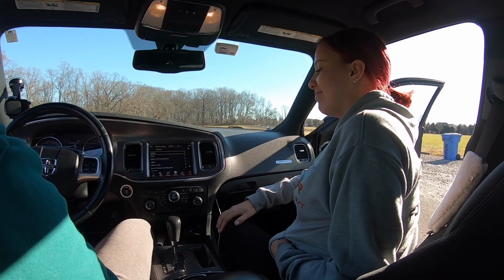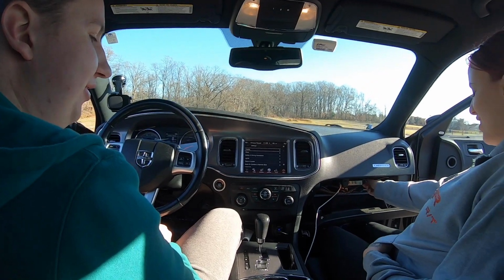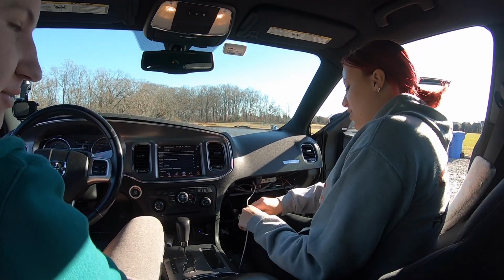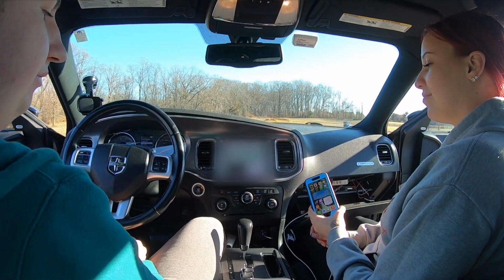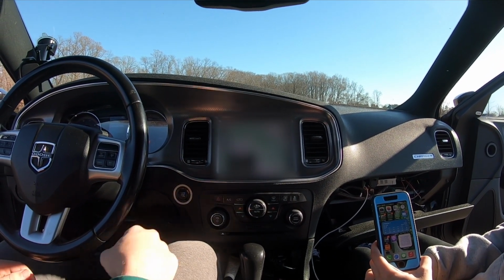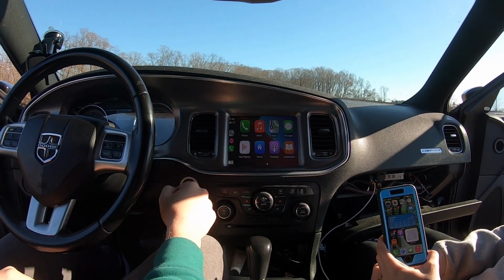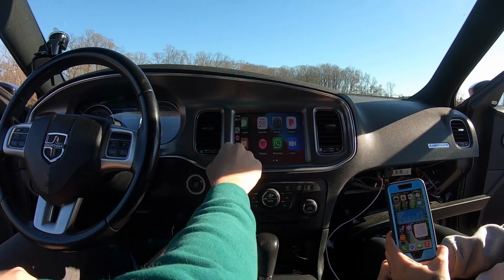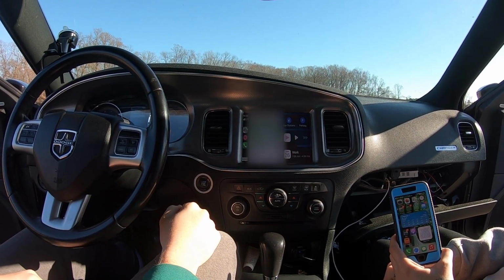Nice, nice. So you also had an Apple CarPlay, sort of, I guess, extension added onto this car. This didn't have Apple CarPlay when it first came, but our local mechanic spliced it in. Oh, yeah, look at that. So there's our Apple CarPlay setup. So you can go to Maps, it'll display Maps, it'll display your music. If you have Spotify, it'll use that. And you got all your... It's basically like, if you're at all familiar with an Apple CarPlay setup, it's on there. You really gotta press it. Yeah. So it's an old touchscreen that is not designed for Apple CarPlay. So it's not like the most responsive, but it's better than...